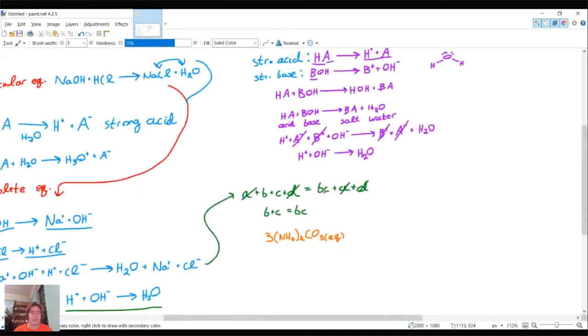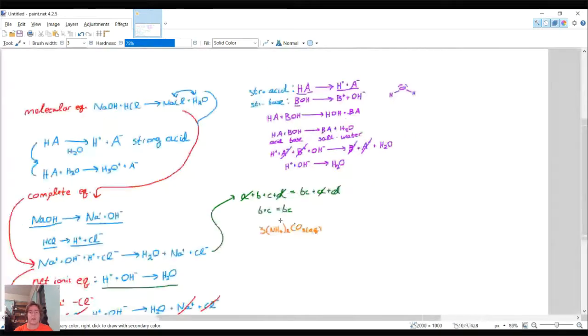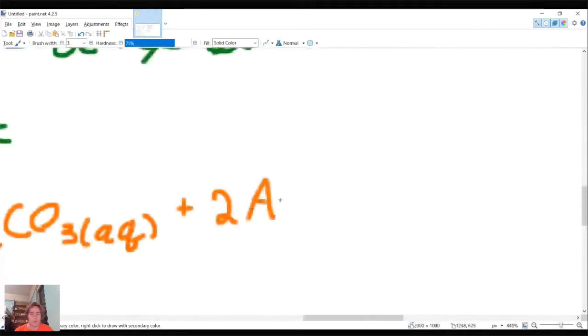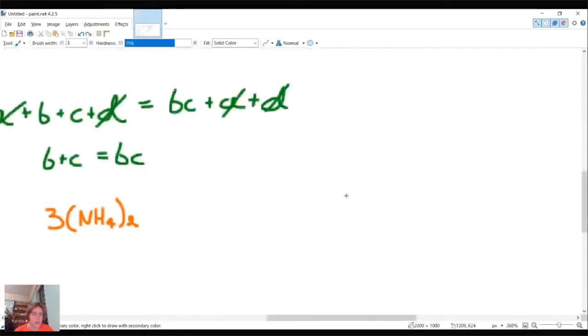When we were looking at the strong acid and strong base reaction, an acid is aqueous by definition, so you don't really have to deal with that. A strong acid is a solid compound that you can dissolve in water, and it becomes ions, or rather, it becomes aqueous. It splits and it loses its bonds, so it becomes aqueous in water. But now we have to define the states of matter, and this reacts with two. Actually, I'm not going to include the coefficients. This would be a balancing exercise.